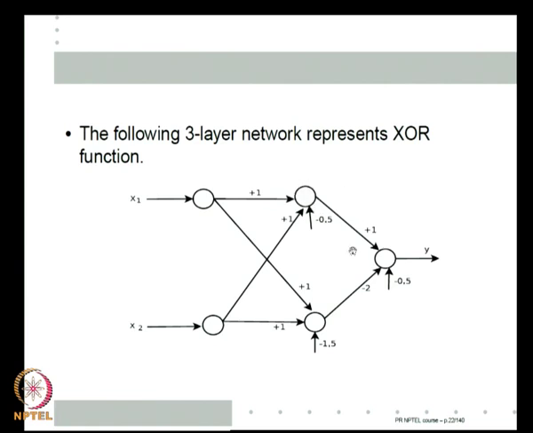So, I can put a positive weight on this. If I put plus 1 here, plus 1 minus 0.5, I will get a net input of 0.5 or more. So, the output will be high. On the other hand, when this becomes 1, this will also become 1 obviously. When this becomes 1, I am giving minus 2 times the net input here. That will more than offset this plus 1.